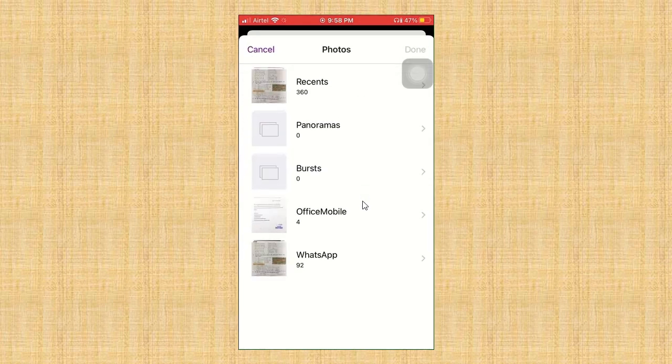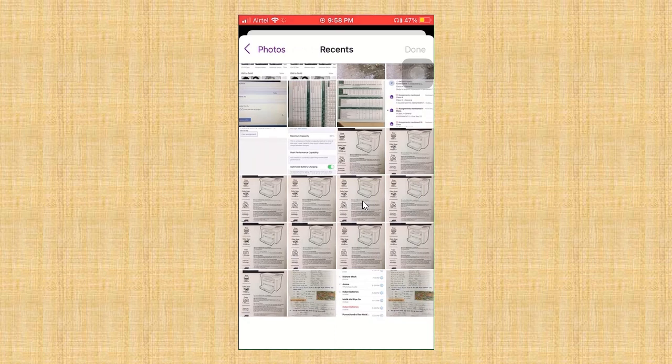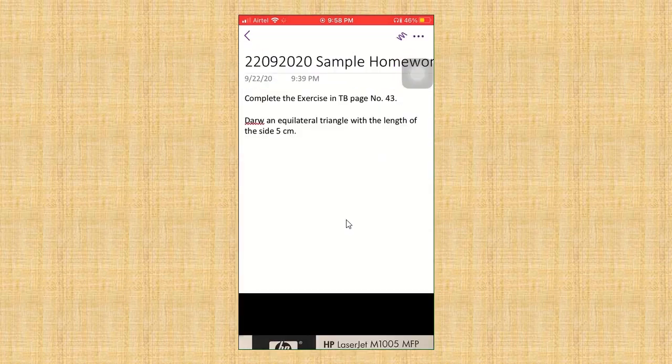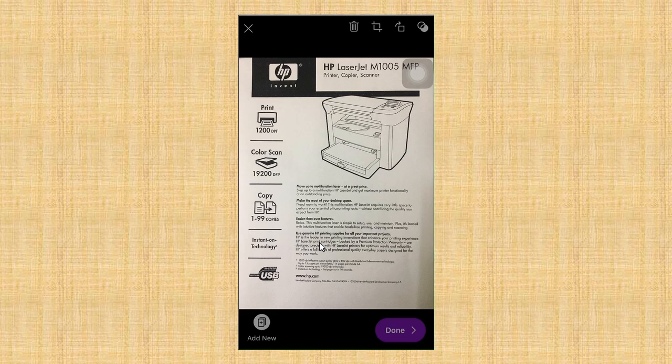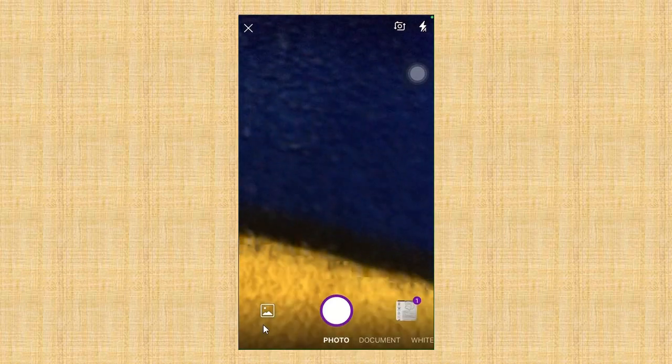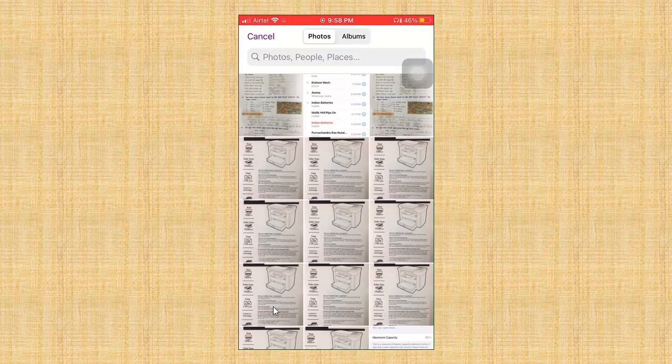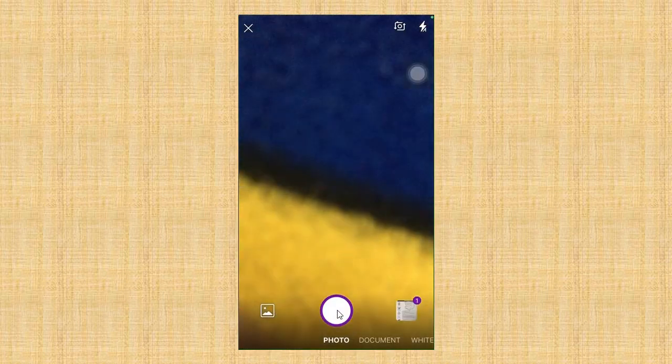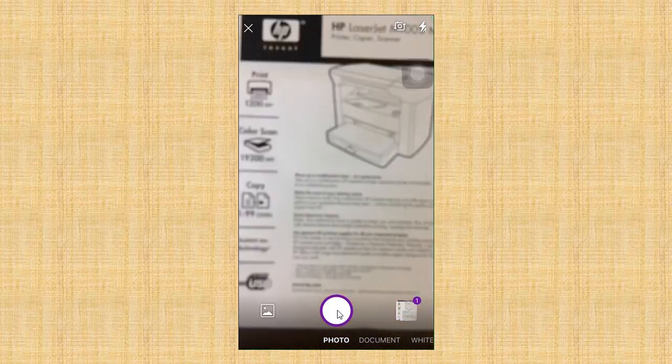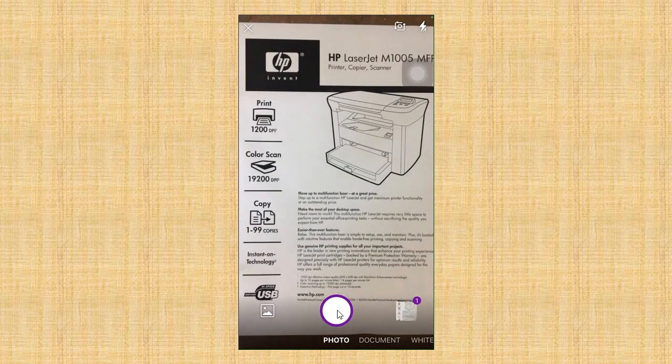It will ask me to select one of the images from my mobile. I select one of the images and press done, so that image will be inserted here. If you want to add more work, you can add images from here, from the gallery, or you can take a photo of your work.